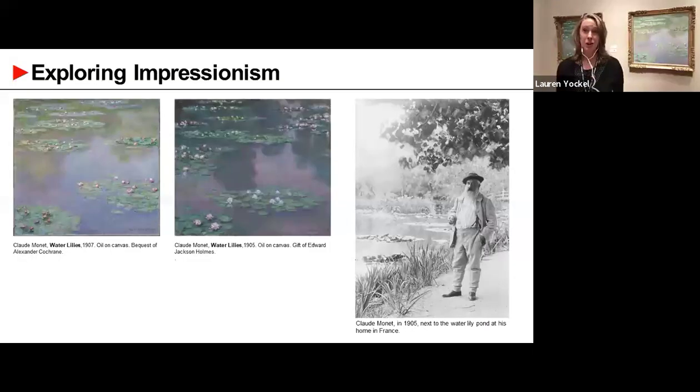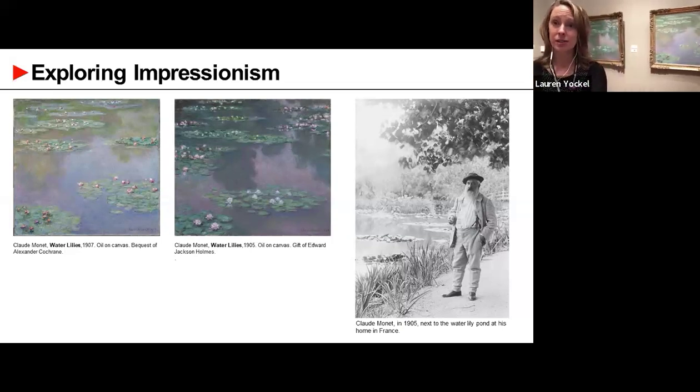I actually shared this photo with you at the beginning of the program when I first showed you Claude Monet, but I'm going to pull it up again. In this photo, Claude Monet is standing in the gardens behind his house next to the water lily pond that we see in both of these paintings. So you really get a sense of what the space was like and what it looked like there. And now you can also see the tree branches right above Claude Monet's head. So we get a better sense of that whole space.